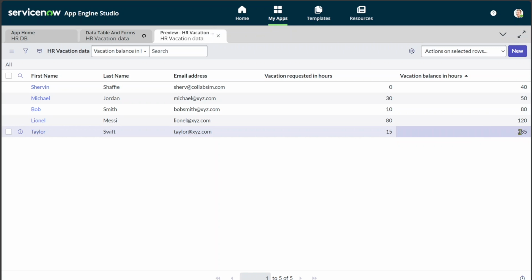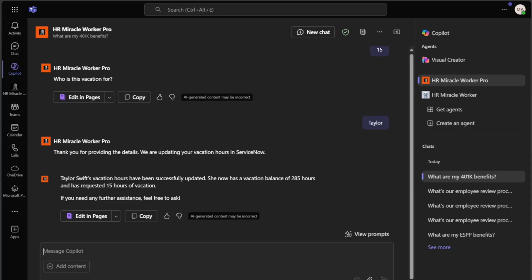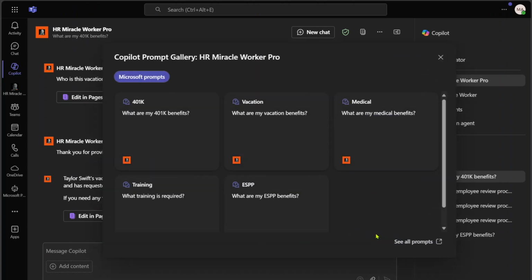And then here it is, 285 and 15 for Taylor Swift. All right. So we know this agent is doing exactly what we've programmed it to do. It's reading, it's writing, and it's providing us information about basically our 401k benefits, vacation, medical, all HR related type of stuff. So it's a retrieval agent that we've amped up to become a task-based agent with this integration to